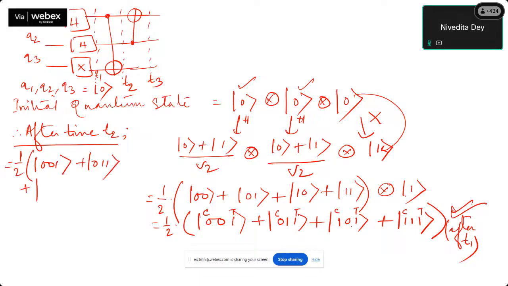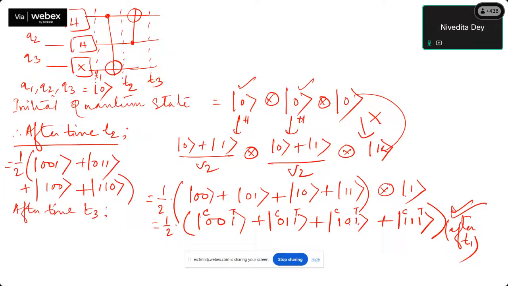But here control is 1, so it will be 1, 0, 0. Target will only be flipped, so it will be 100, and this will be 110. And after time,